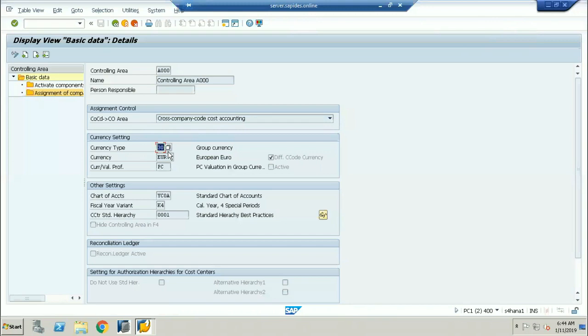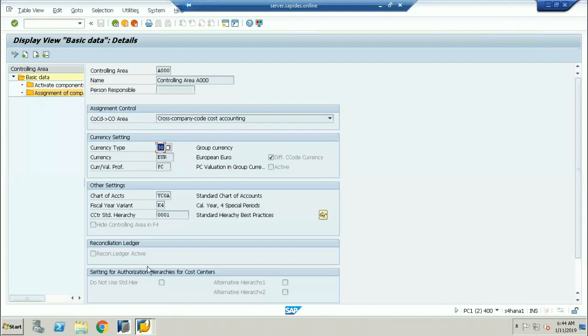Mahesh, the screen which is shown, even the document currency 00 was not there, right? Document currency will always be the posted currency for the posted transaction. No, the one which you showed just now. So you showed a 10, 30. There was no 00. No. Even if you go for the company code also, there will be no 00. 00 is the default for any kind of postings in SAP S4 HANA. Okay. Yeah. Thank you.